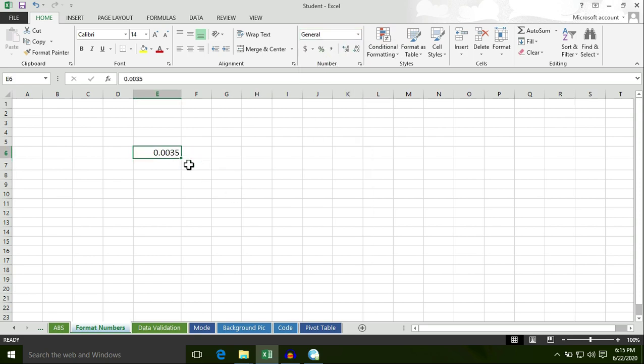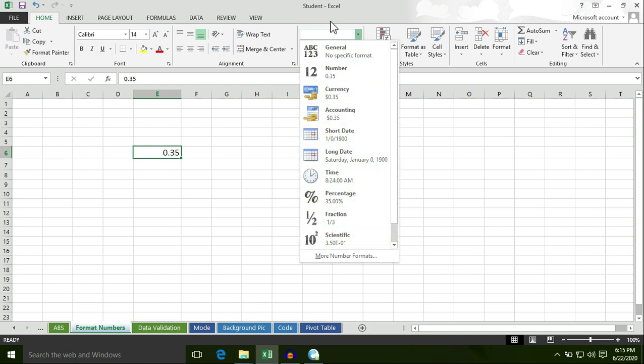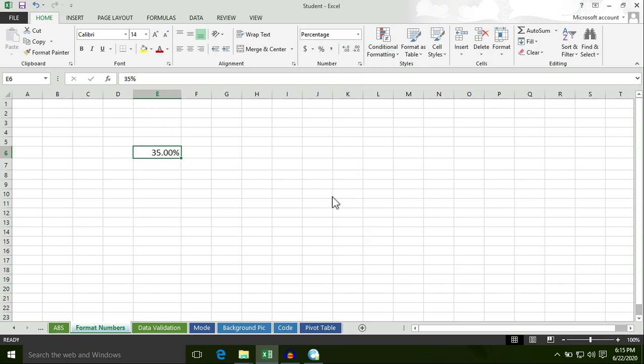Now I have a number 0.35. I want a percentage of this number. First of all select this cell, then click on drop down button. Now select percentage. The percentage for 0.35 is 35%. Now in formula bar, here is the answer, 35%.